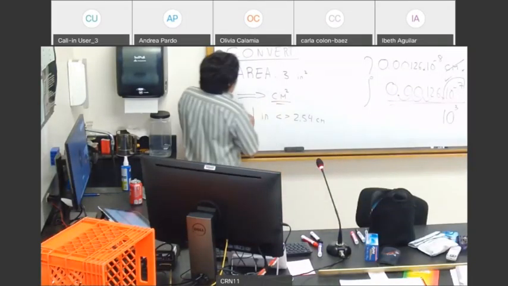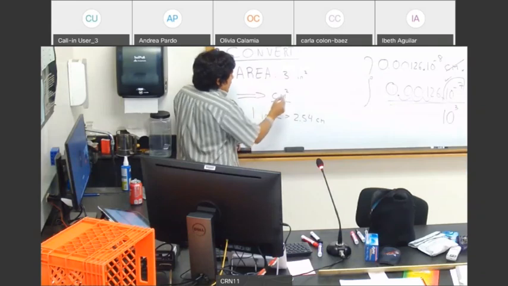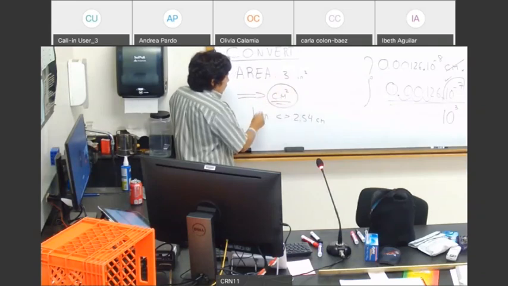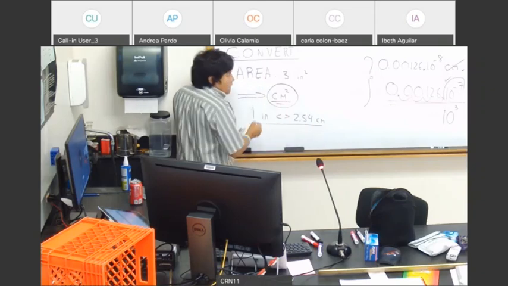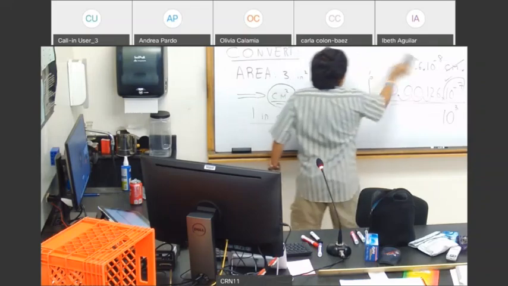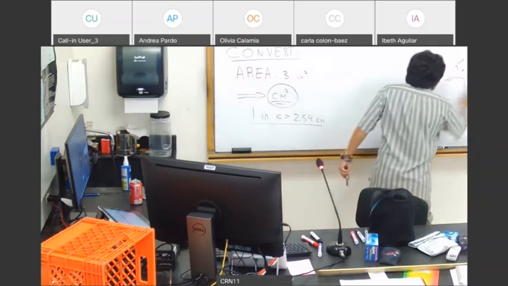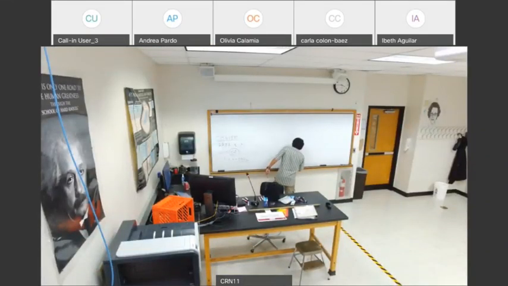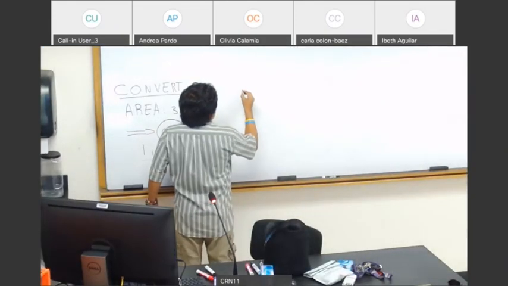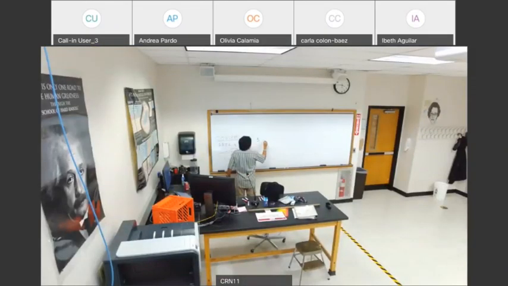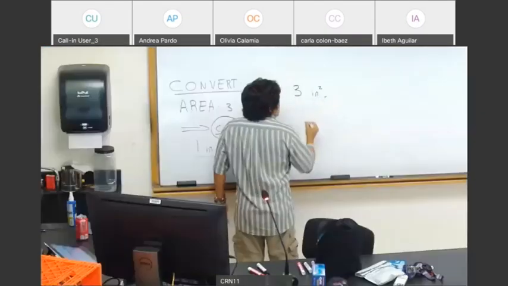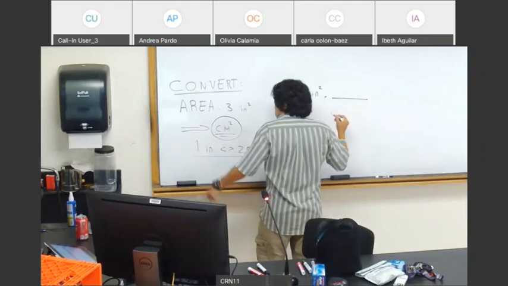All right, so again, the area is 3 inches square, and we want to convert it to centimeters square. So 1 inch goes to 2.54 centimeters, right? So how do you convert areas? What you're going to do is you're going to write 3 inches square, and then you're going to do this, multiply by 1 inch